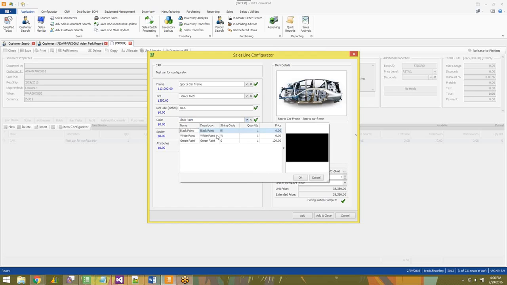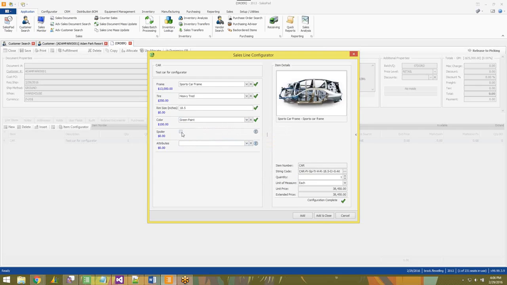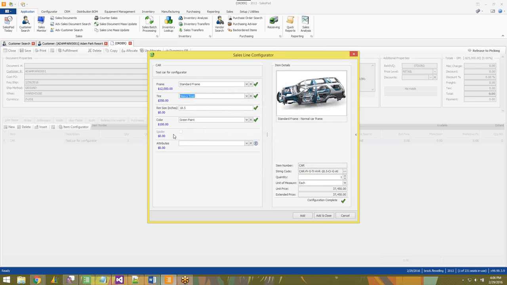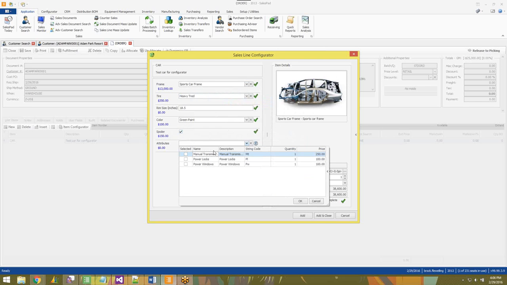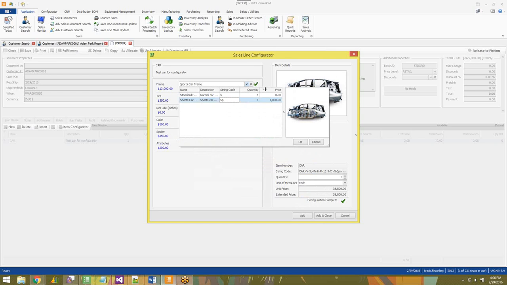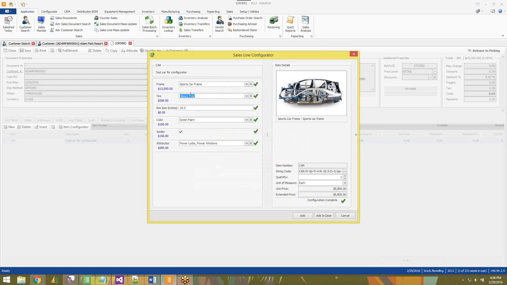So it accepts that. You can pick your different colors, extra cost for green. Spoiler is just an option that I can pick if I have the sports car frame selected. Just some dependencies I have set up, some attributes. If you want to add power locks and power windows, you can add that. These are all inventory items set up, like the tire or the sports car frame. Those are all items that I have set up in GP already, and I have code set up for each one of these entries so that when I actually add this,